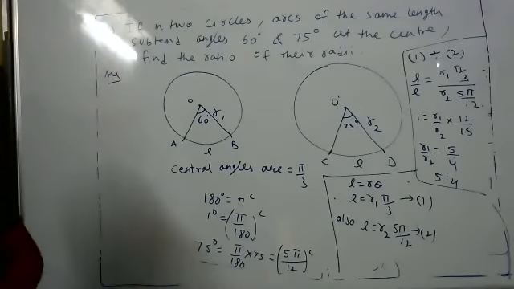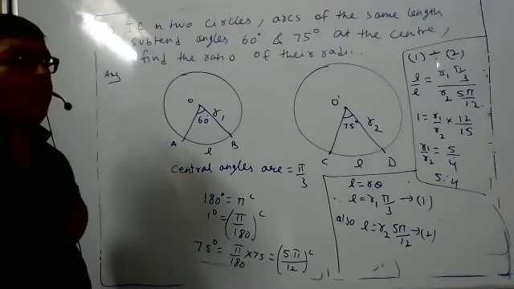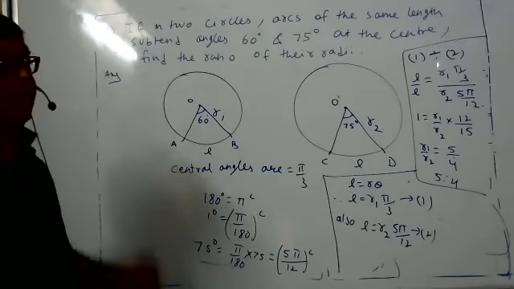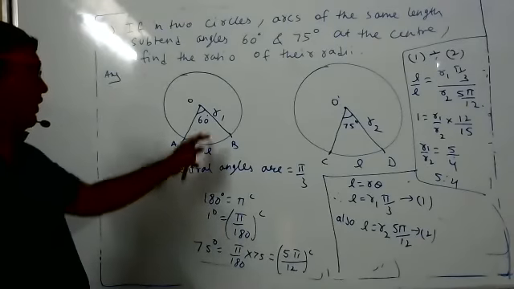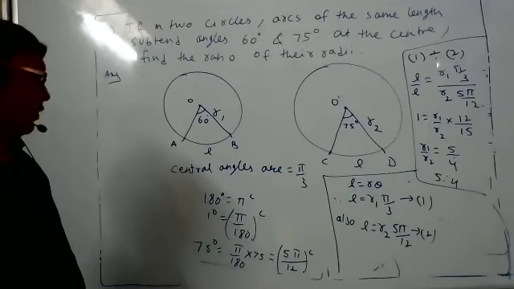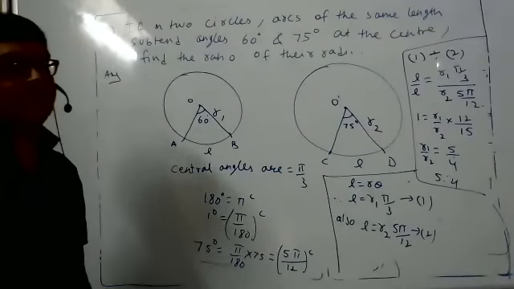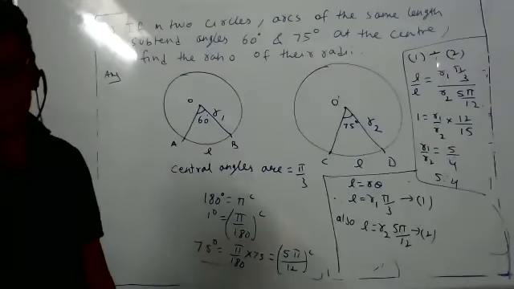Just keep in mind, theta is equal to L by R. That formula you are using means the theta has to be in radian, but they gave it purposely in degree. So convert into radian, then use the formula. 60 degree we can say pi by 3. 75 degree, do some working and find. Then use the formula L is equal to R theta. Use it and divide, you will get the answer.